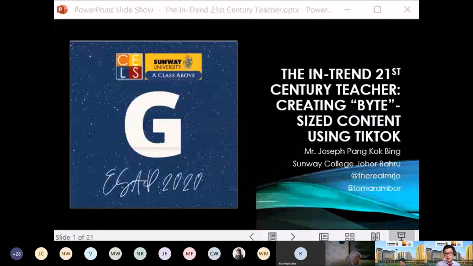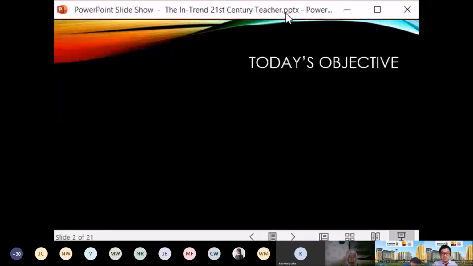That is one of the things we can exploit as teachers right now, because our classes are moving increasingly online, especially in the tertiary education sector, and even in the secondary education sector. Your students are always on the phone, right? How do we exploit this app to its fullest advantage? How do we as teachers use that? So today we're going to do this. Let me highlight the objectives for today.